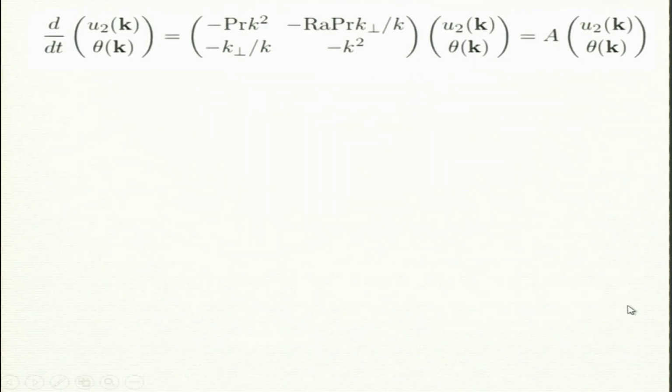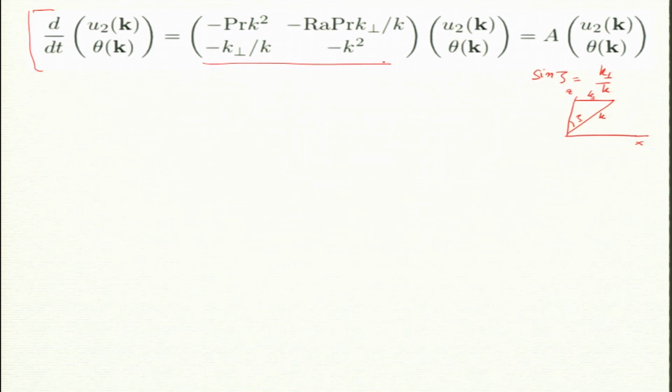So, let us look at our equation. This is the equation which I had written. Now, please remember the sine of zeta, zeta is equal to what? k perpendicular by k. Why? Because this is my angle zeta, and this is k perpendicular and this is k, with the z axis and this x axis. So, this is what I had. Now, what we should look for is the eigenvalues of this.